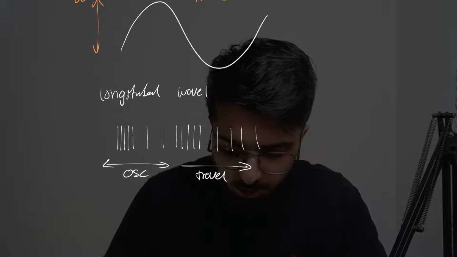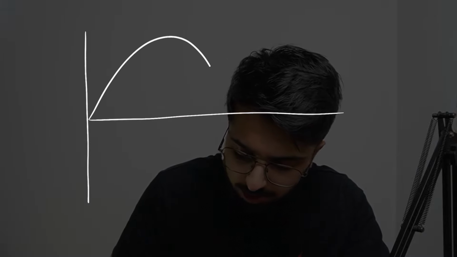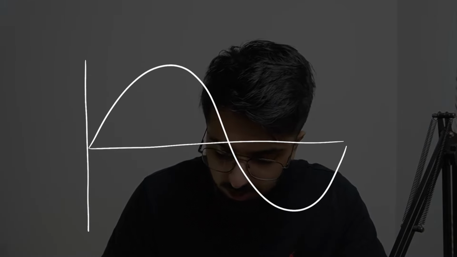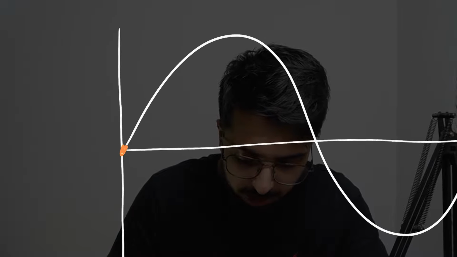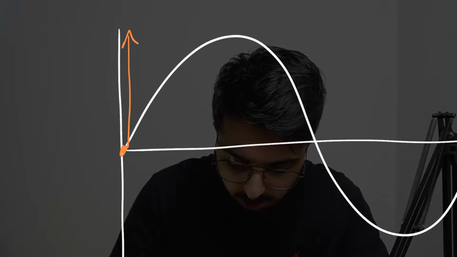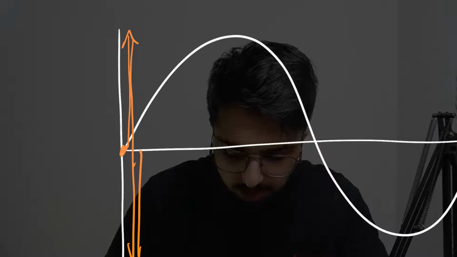Alright, so now when talking about some of the basic properties of a wave, there are a few things that we need to note down, okay? So let's draw out a wave like so. Alright, so that is one complete cycle that we have drawn out right there. So you can imagine that if a particle is on here, it will make its way up, right? And then it will come down,